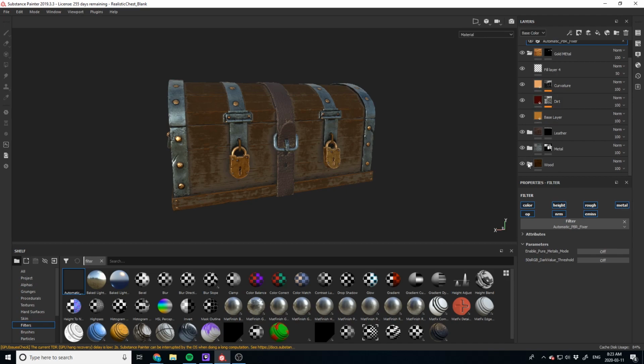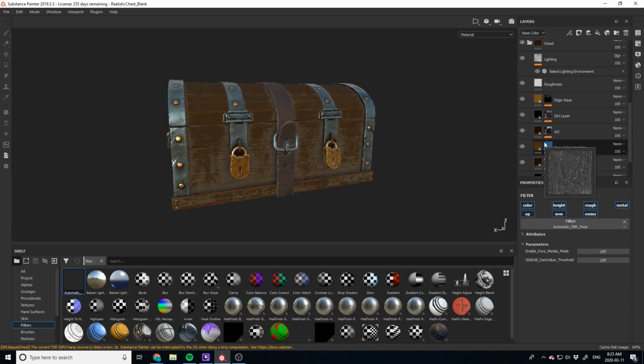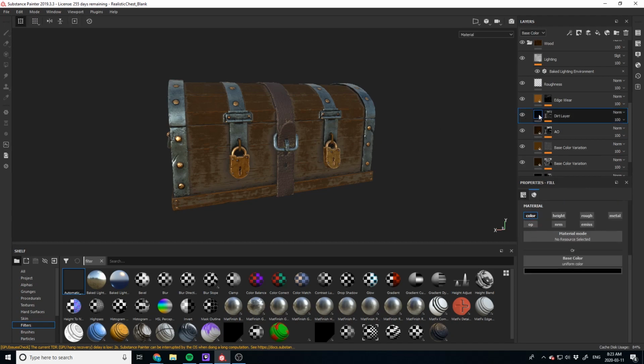So what we're going to do is we can probably fix this ourselves, because the automatic filter isn't perfect, but it does work 99% of the time. So I would still recommend using it. So the reason this is red is because my dirt layer is pure black, and that's not acceptable. So let's raise the value just ever so slightly